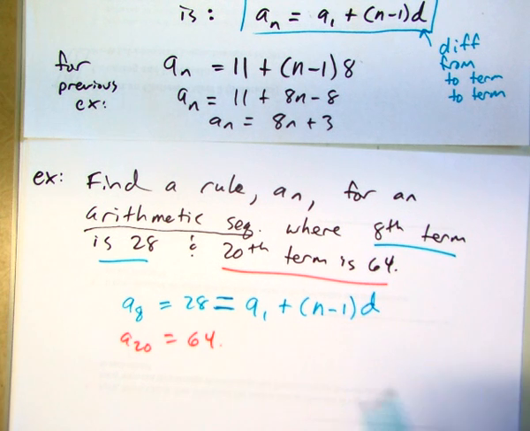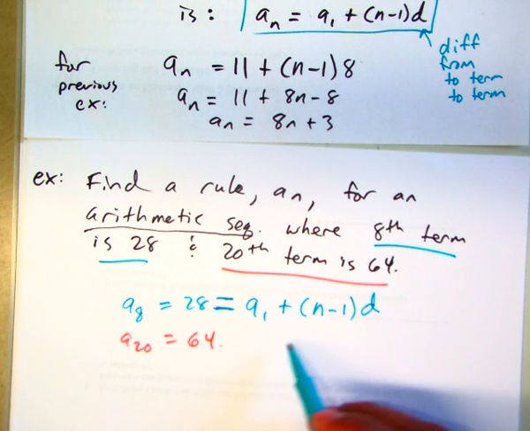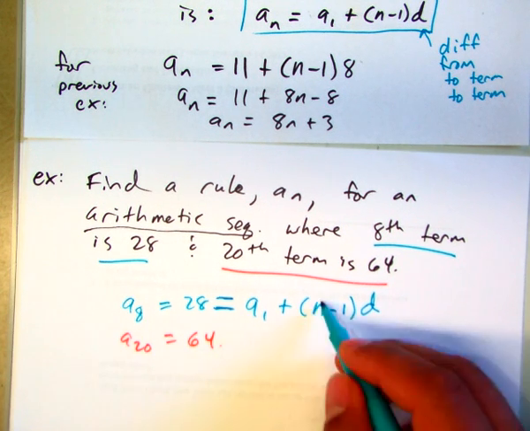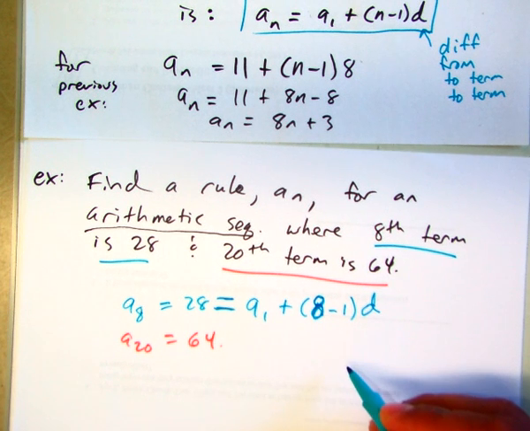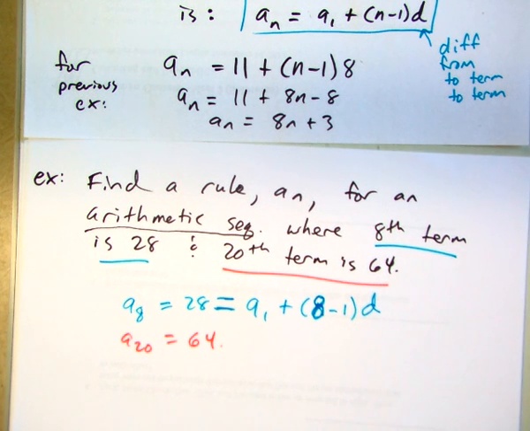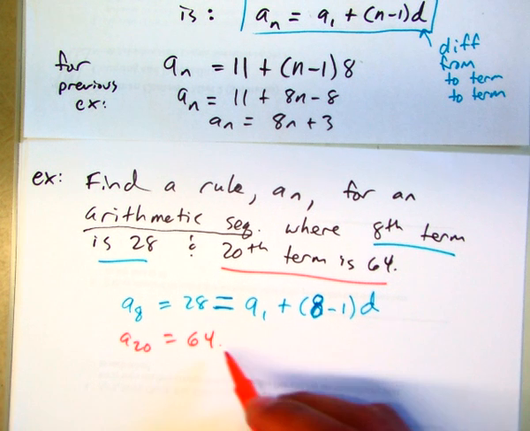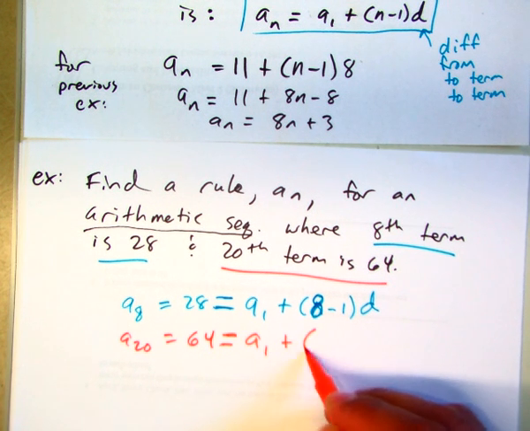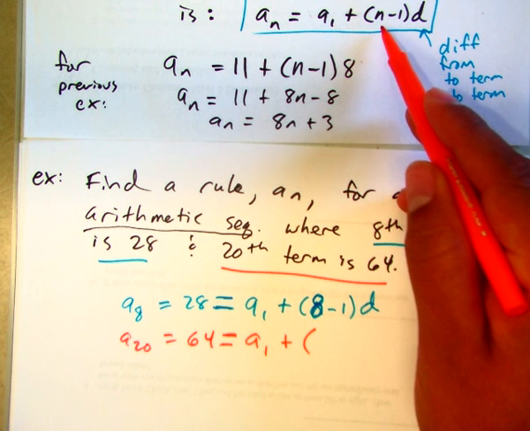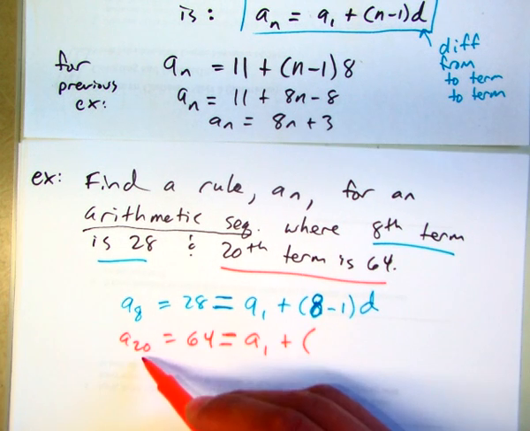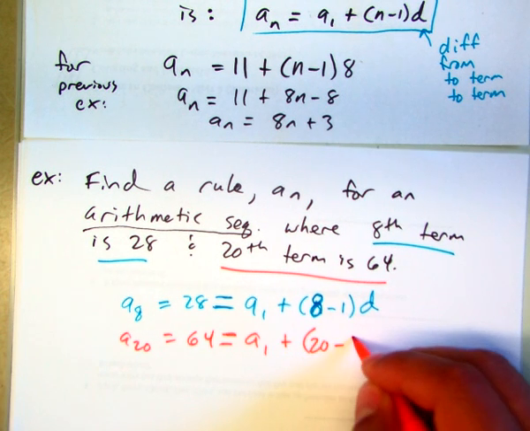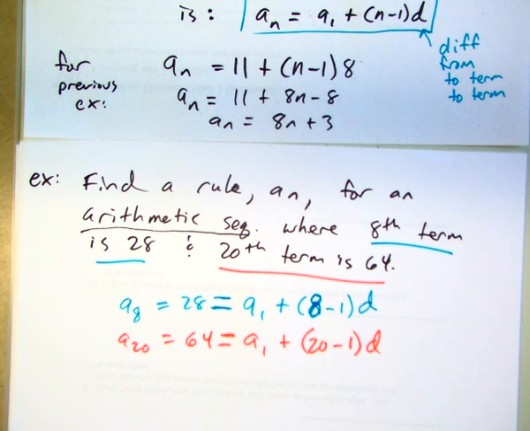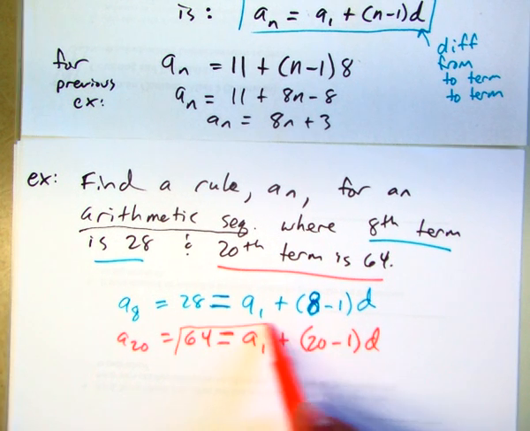But we actually, sorry, I should have plugged this in earlier. Since this is the 8th term, we know that n is going to be 8. Okay, and we can do the same thing with the 20th term. To get the 20th term, which is 64, I have to do first term plus, and now for n we're going to use 20, since we're at the 20th term, so plug that in. And now, if you simplify this,